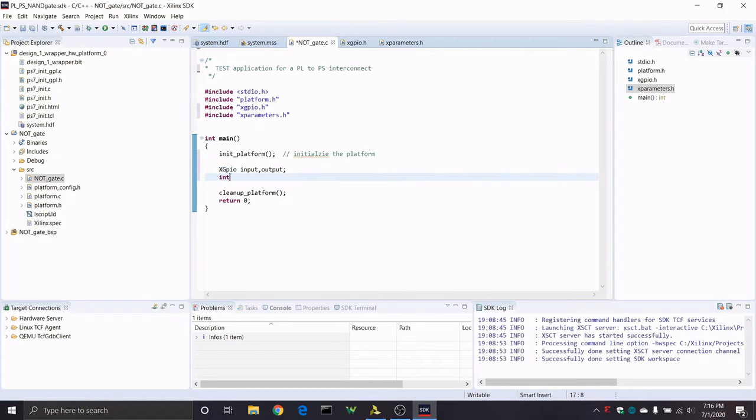Okay. And then we're going to have an integer, and we're just going to call this A. And A is the input to the NOT gate. All right. Now we need to initialize our